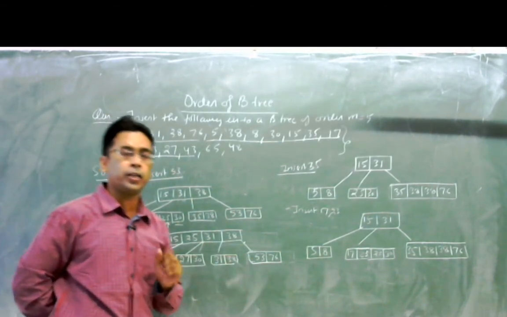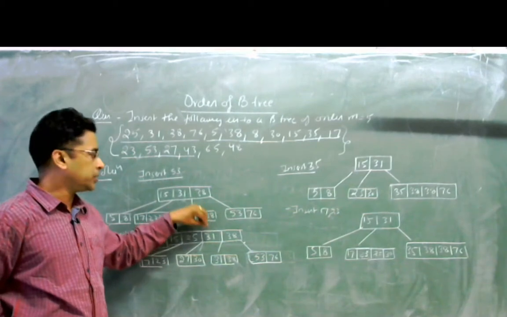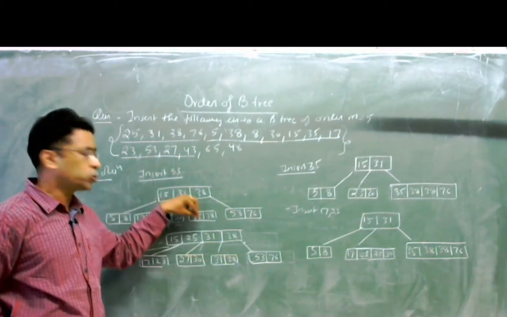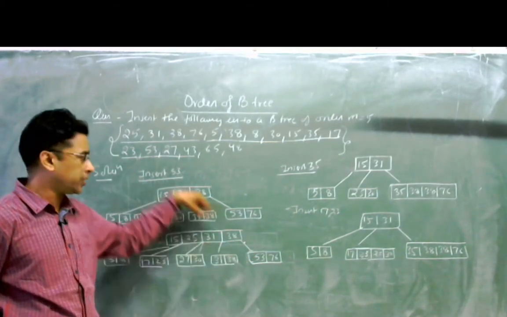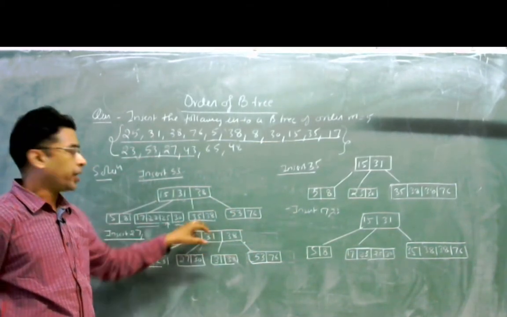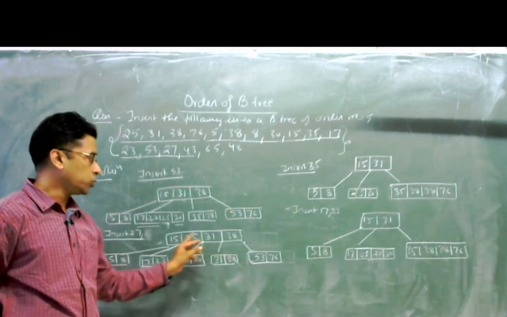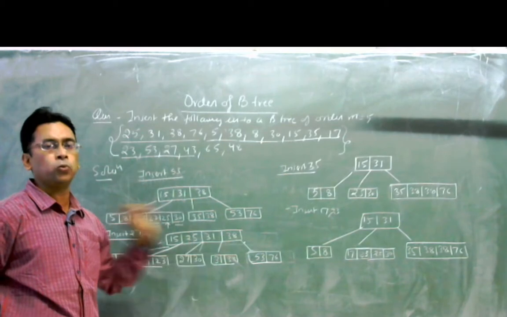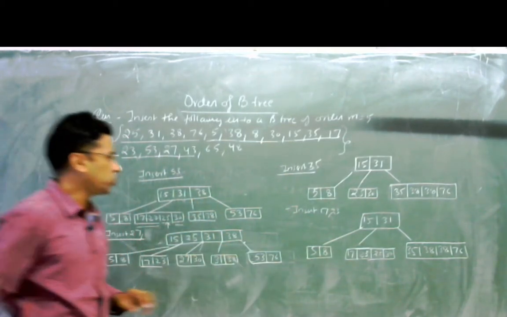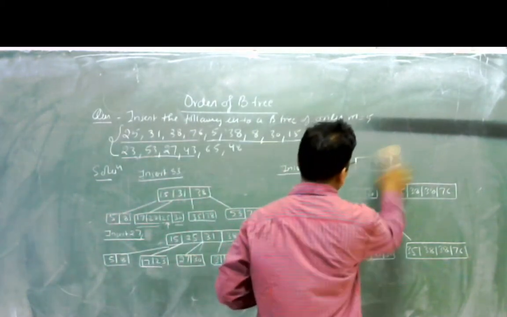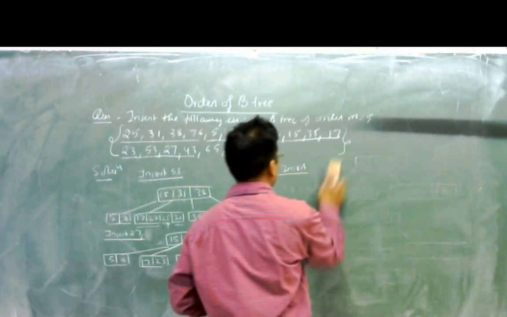But keep in mind that every key that is inserted inside the B tree goes through the root node. When we try to insert 43 at this position, it has to pass through the root node, and the root node is at its maximum capacity. So splitting will occur at the root node, and only after that we shall insert at this position. So before inserting 43, splitting will take place.